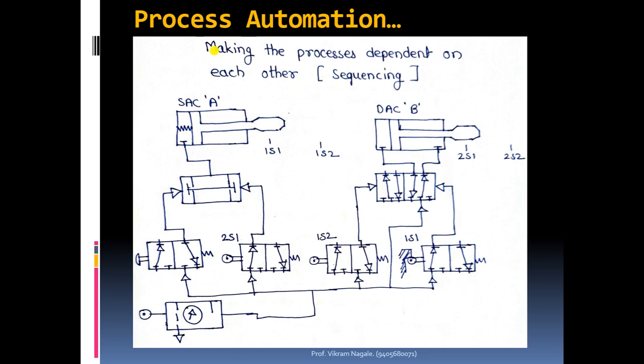Okay, that means we'll keep two checkpoints. The first one is whether the first cylinder is extended or not. And the second checkpoint is whether the first cylinder is retracted or not. So this is how we are checking for 1s2. We have used the 1s2 limit switch to extend the cylinder. Now